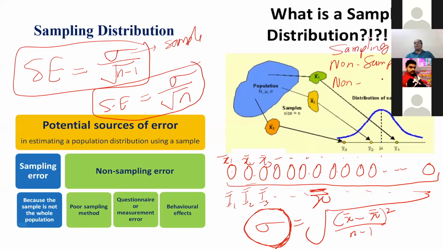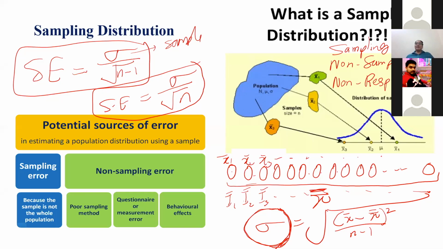I will explain these. So there are different concepts: sampling error, non-sampling error, non-response error. First is sampling error. Sampling error means because you are picking different samples, some error may come by chance. Sometimes because of the sampling method,